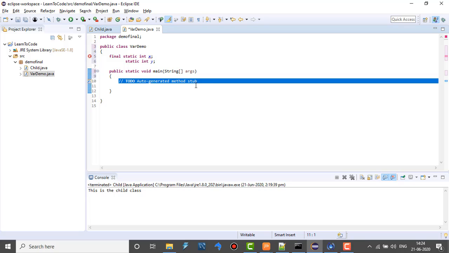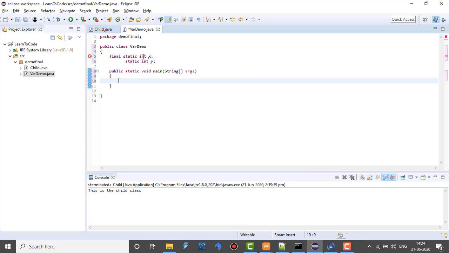And within the main method of the class, which is also static, I'll try to assign these two variables values. For initializing these two variables, I'll write x is equal to 10, y is equal to 20, and then I'll print these two values.